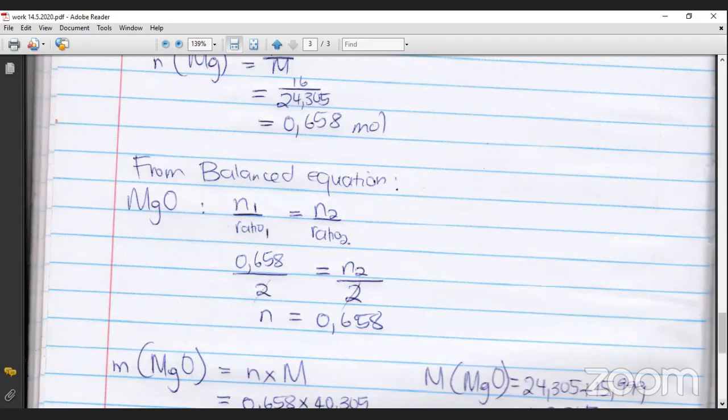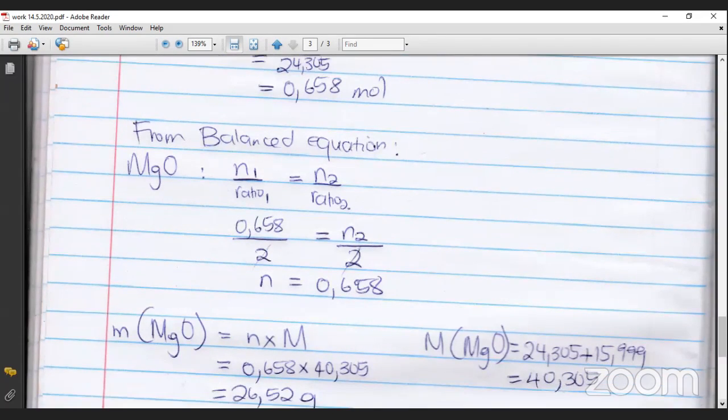After that, then we need to find the mass of MgO. But before we do that, we wrote down the formula, which is N times M. But we do not have M. So what has to be done now? We need to find the M. So the M, which is the molar mass of MgO, magnesium oxide, is going to be